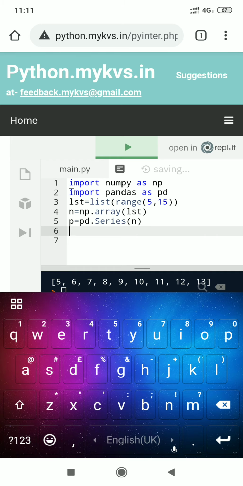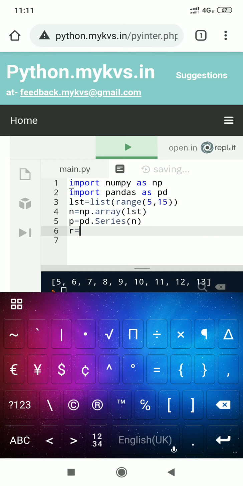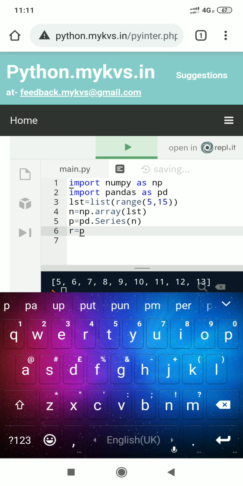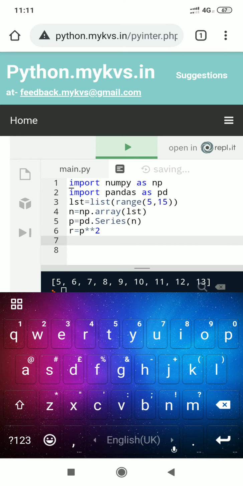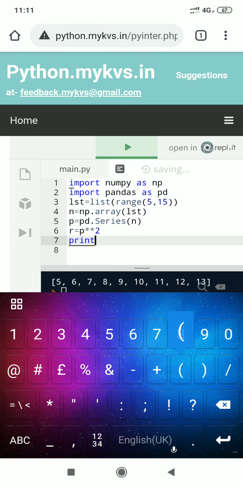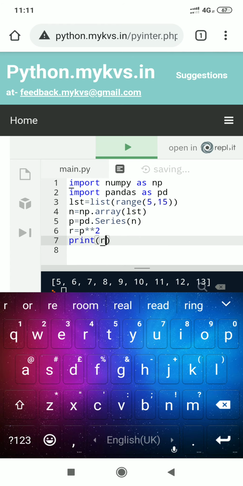Now r equal p, then power of 2, then display, print r. Now execute the program.